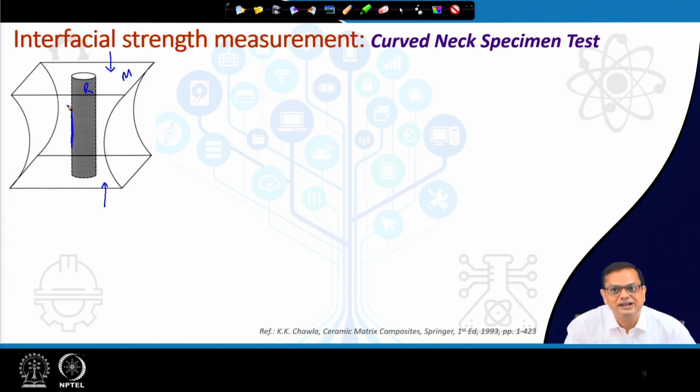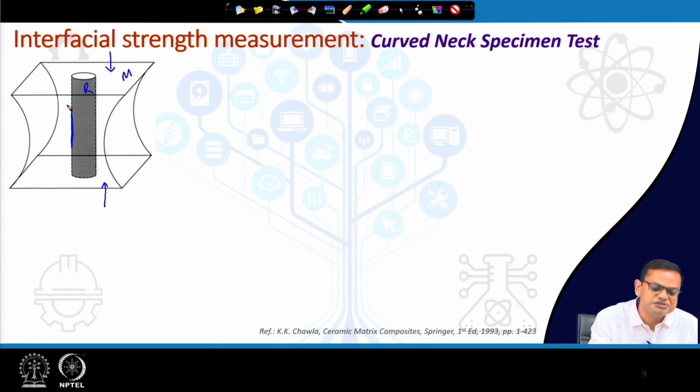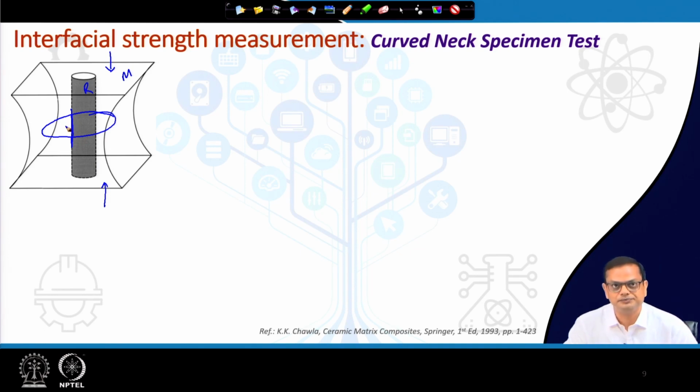Now, why curved? Because I want to have maximum stress in this zone. If I want maximum stress in that zone, obviously the area should be minimized. So with a particular load I will have maximum stress at the central zone, and I will see delamination at this zone only. That is the basic fundamental idea of this